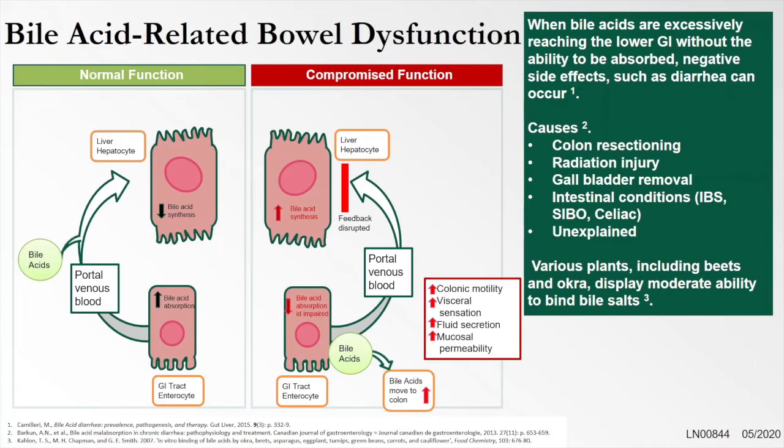We're learning more about it, but what we're seeing from a therapeutic standpoint for a few of these is that from the diet, so this is just looking at diet, the various plants, including high fiber containing plants. So fiber itself performs this function where it can actually bind bile and help remove it. So with a couple of plant components, particularly beetroot and okra fruits, they display this moderate ability to bind bile salts. And this can be supportive in helping to remove the excess bile.